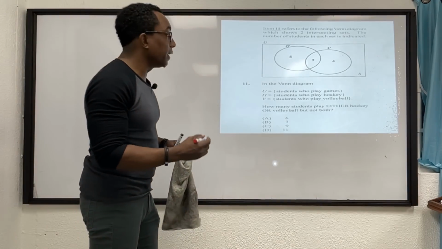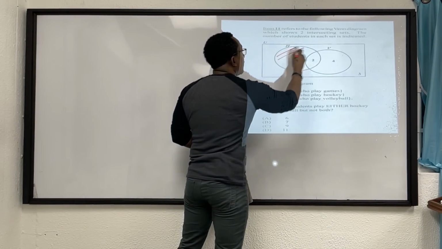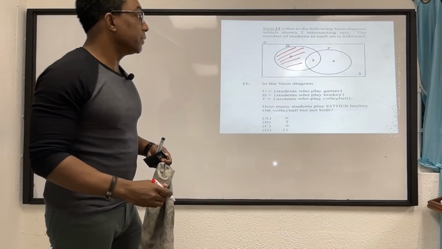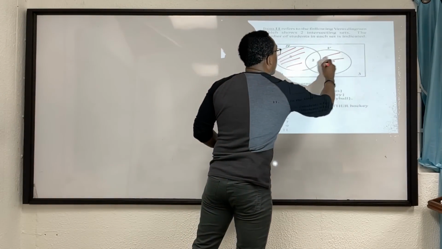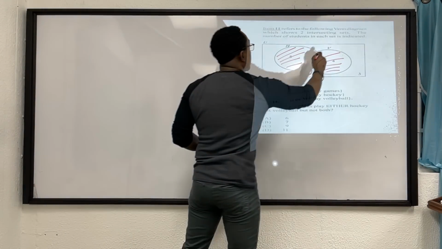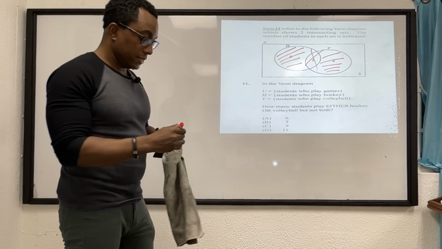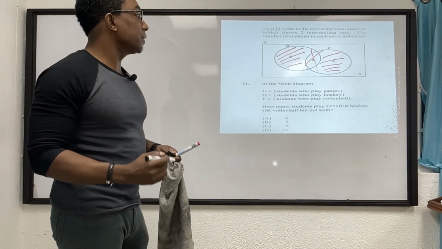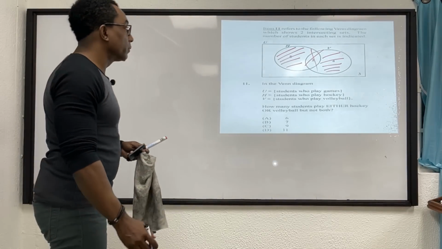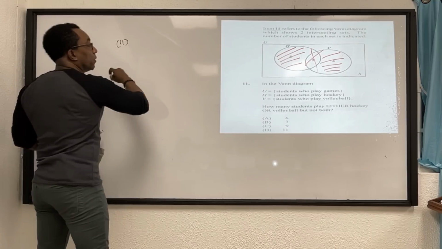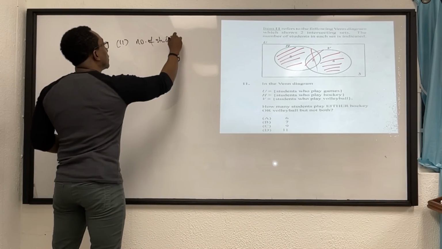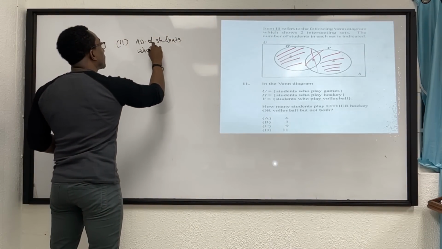hockey or volleyball will be students who play hockey only, or students who play volleyball only. But not both, of course, means we're excluding the intersection. So therefore, for us to determine the number of students who play either hockey or volleyball, but not both, for question 11, that will be the number of students who play